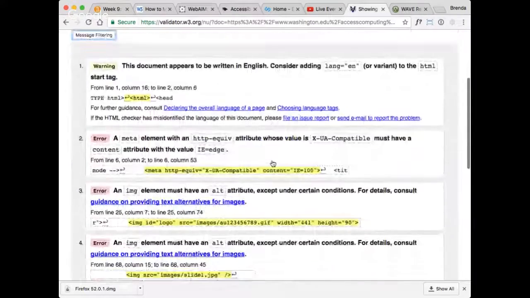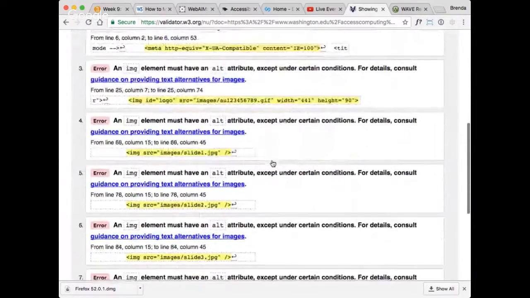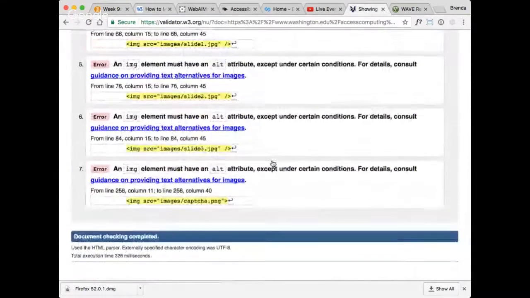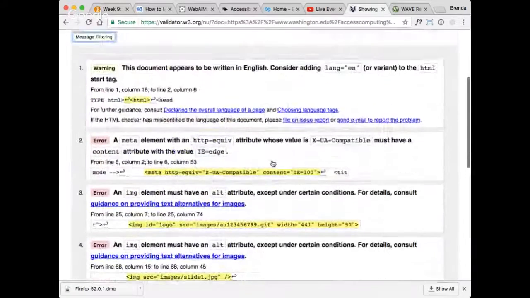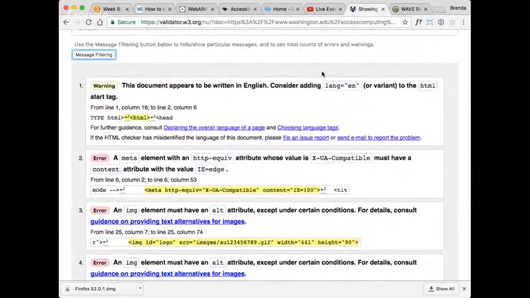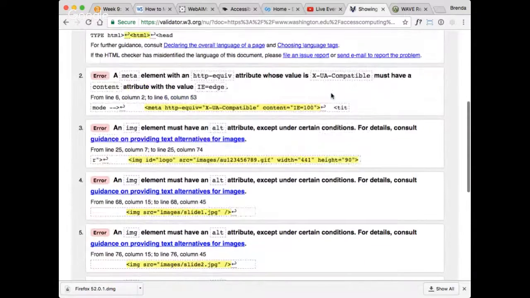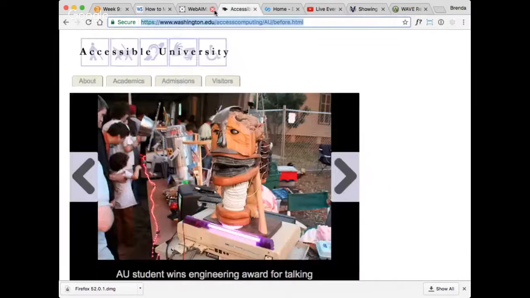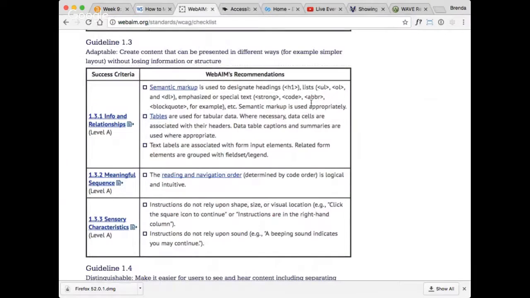And I'm finding some errors here. These are all things that were caught by other things. So here's the language and the missing alt tags. So this is actually, in this case, kind of useless,